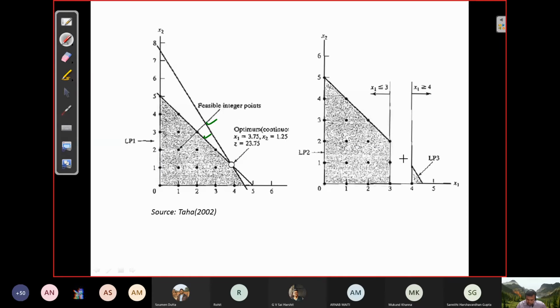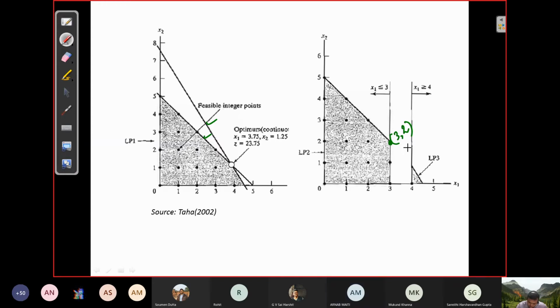Okay, so now continue. When you solve this LP2, you get this point, which is 3, 2. You can see in the graph also. And the Z value is 23 for this point. Now you see that x1 and x2 both are integers. So that means this 3, 2 is definitely an integer feasible point to the original IP. But we cannot call it optimal as of yet for the original problem. But certainly it is optimal for this subproblem, LP2. Do you agree with me or not?